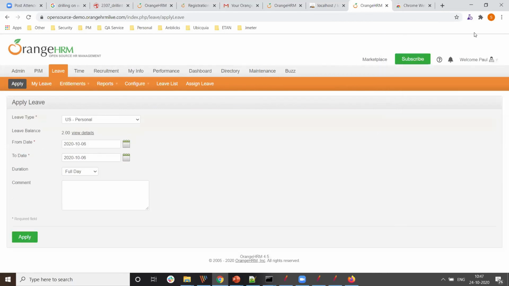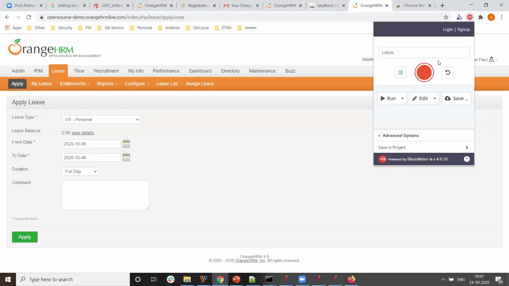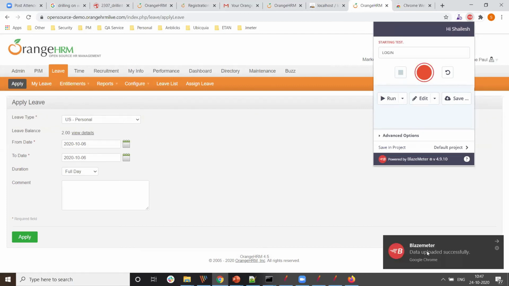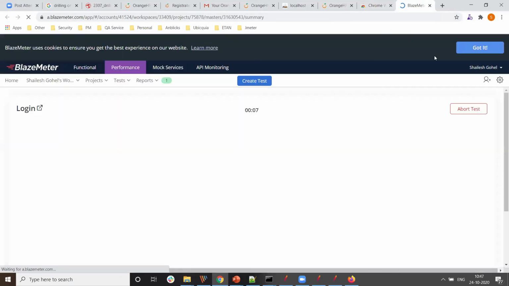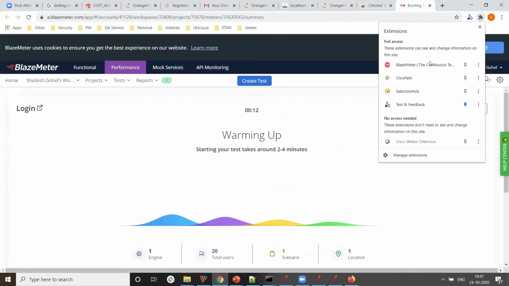Once you stop, you will have these things available. You can directly go and run. It's creating a test and it's running directly. You can save it. So when you go to save, it says upload directly, run in the BlazeMeter server. See, it automatically opens that. It has executed my request. You can directly run from BlazeMeter and you can use it in your JMeter.